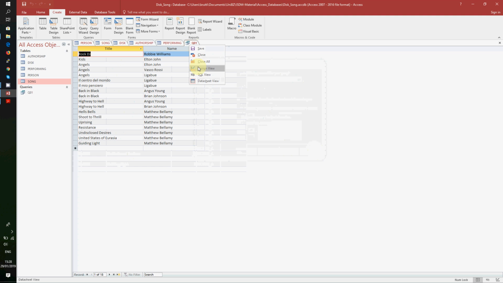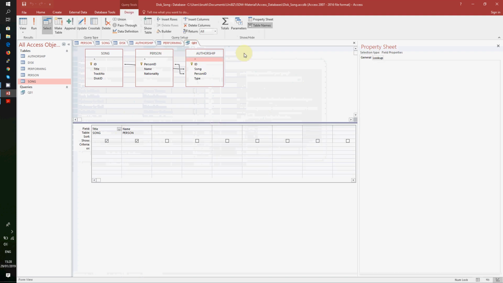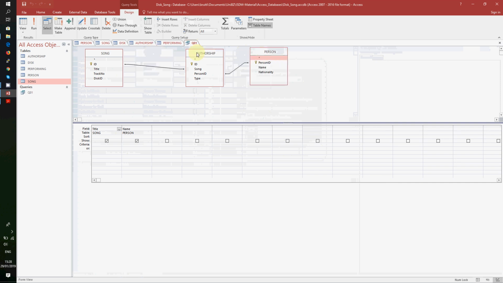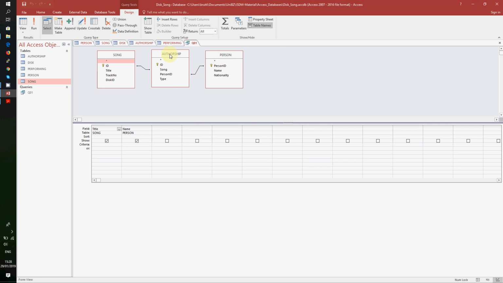Sorry, I didn't open it in the design view. Okay. So you see that Access selects the junction table authorships automatically, even if I select only the field title from the table song and the field name from the table person. If I just run this query, as we saw before, I will get a list of songs and corresponding persons. I want to get the authors of a specific song,